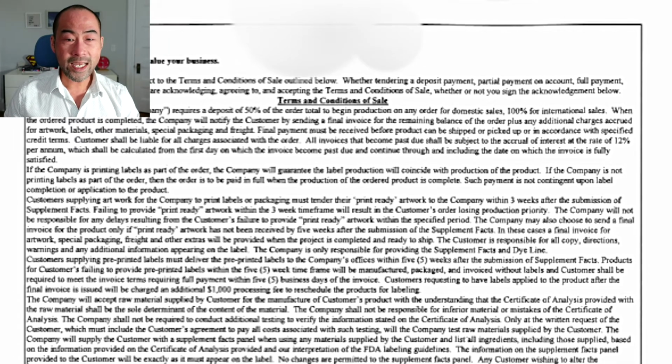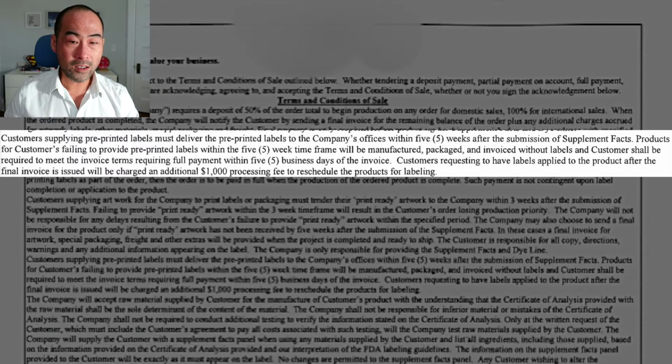Now, what about the scenario where you have your own designer and your own printer? Well, you can certainly send them the physical labels to put on your bottles, but you'll have 5 weeks after they provide you with the supplement fact table. And if you're late, they're going to charge you an additional $1,000 processing fee in addition to any of the